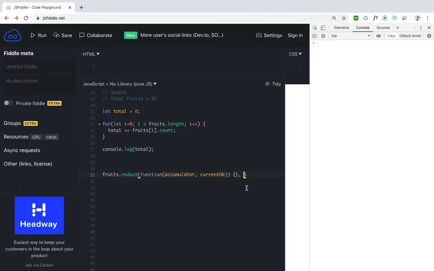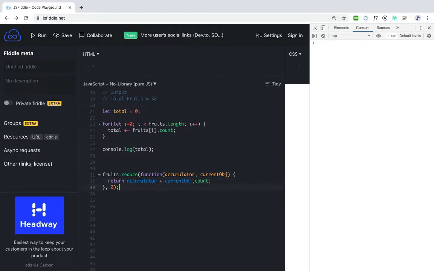Let's give it as 0. Now what I will do here is return the accumulator plus the current object.count.